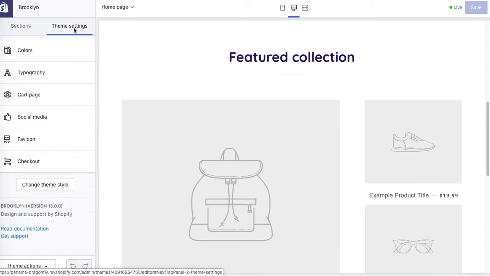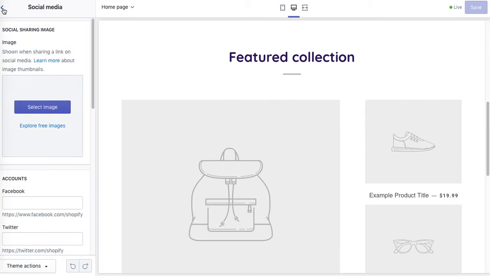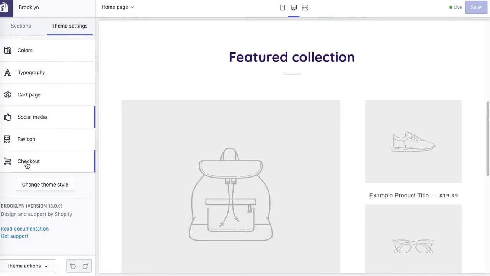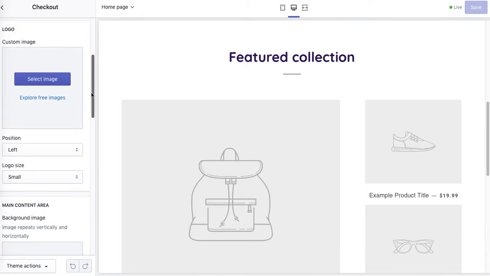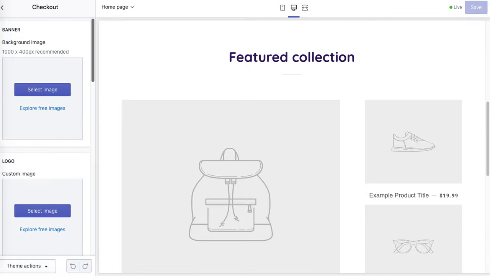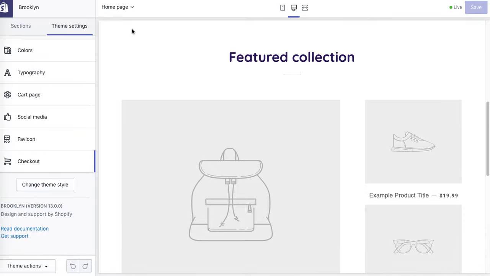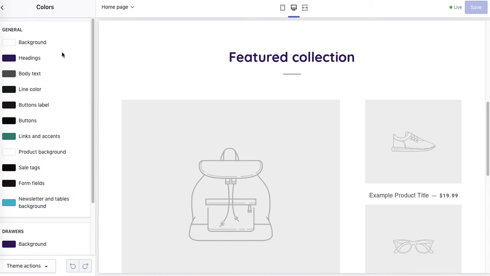And if you click on theme settings, you will be able to edit the website colors, font, cart page, social media, favicon, and obviously checkout if you want to edit the checkout page as well. Customize it. So when it comes to colors,